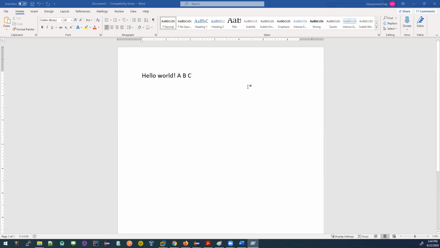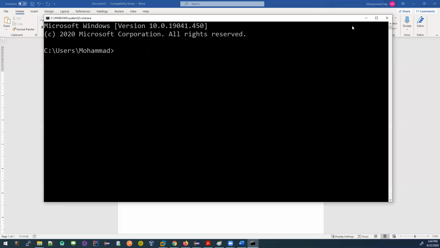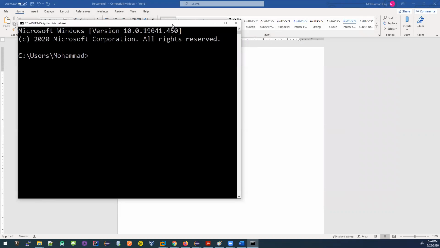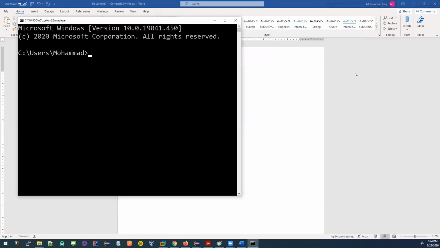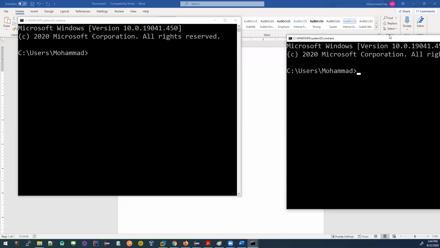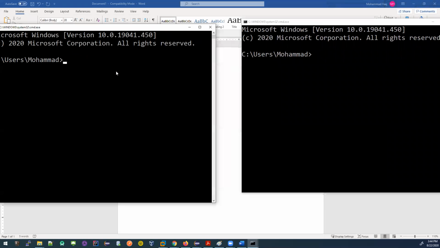Why am I calling it terminal? Because say I'm opening this command prompt, right? Are you familiar with this command prompt? This is called command prompt. Long time ago, when there were no windows like this, there was only this black screen, a command prompt. That was the only operating system. Yes, the DOS mode, right? I can open another command prompt, right? So how many terminals do I have in here? 1, 2. I can open many terminals.